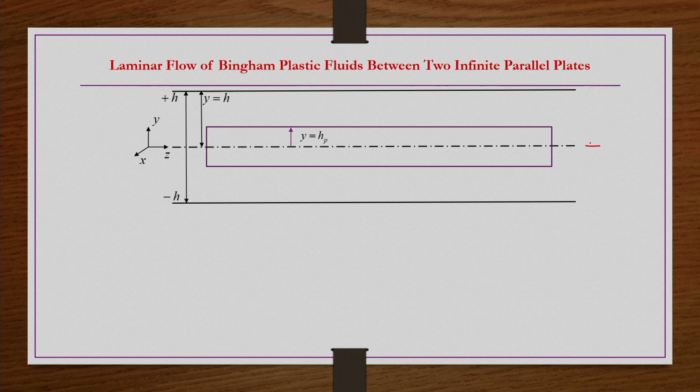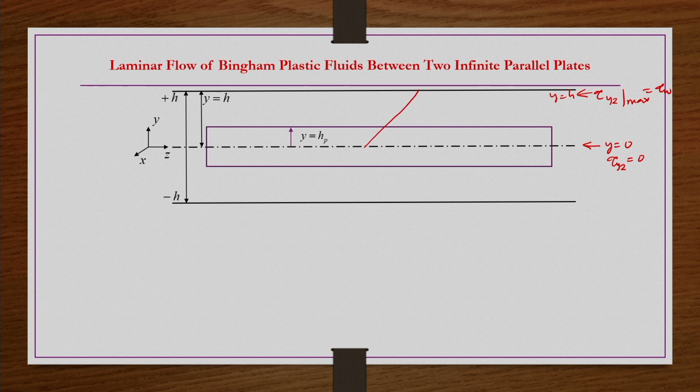So, now at y equals 0, the same geometry, same coordinate system, everything. At y equals 0, we have tau yz equals 0. At y equals h, we are going to have the maximum wall shear stress. Between these two points, we know that the shear stress is linearly increasing, that is what we have already seen for the power law fluid, so it is increasing like this.